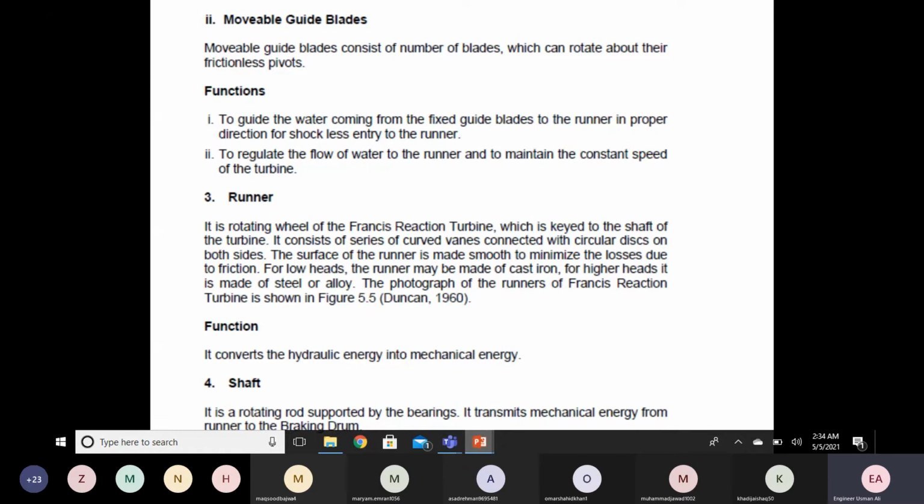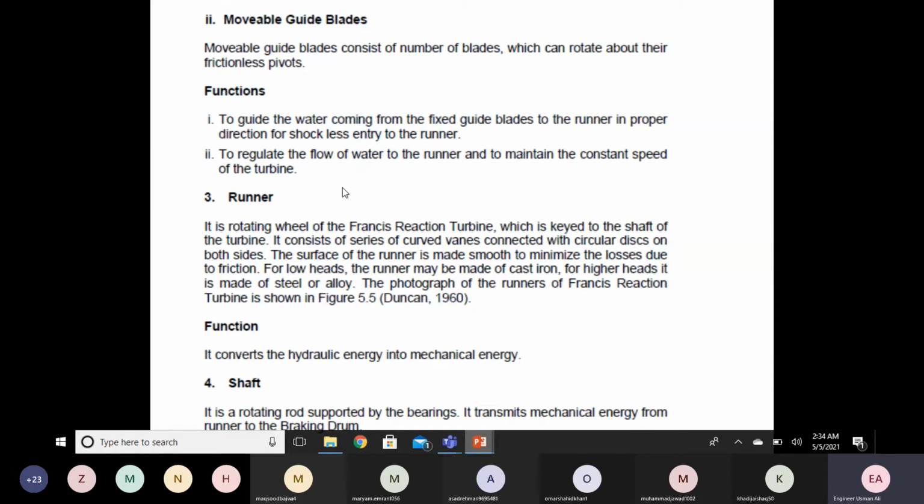maximum, and we always keep this constant speed of the turbine, and this is done by providing the governor in the field, that whenever load is varied on the turbine it tends to change the speed, but with the help of governor the speed is kept constant and only the flow rate to the runner is changed. तो speed वही रखते हैं, सिर्फ रनर पे फ्लो रेट को चेंज कर देते हैं by changing the opening of the movable guide blades. तो ये इसका बहुत बड़ा एक फंक्शन है मूवेबल गाइड ब्लेड का। It keeps the constant speed of the turbine by regulating the flow of water to the runner.